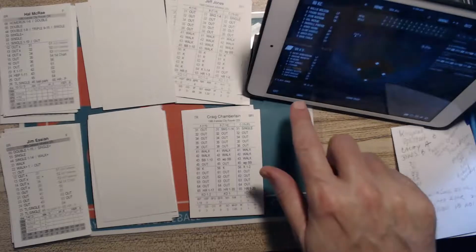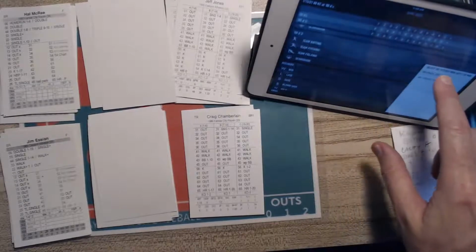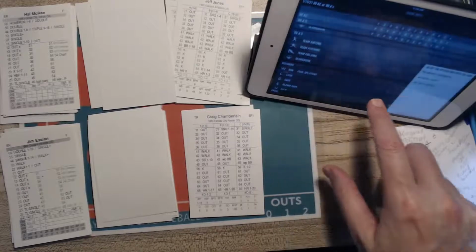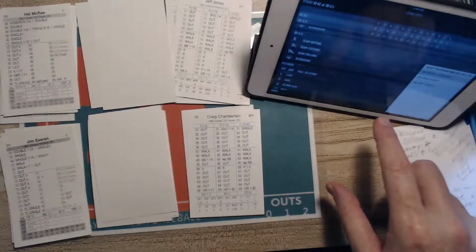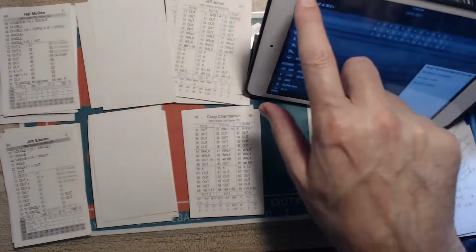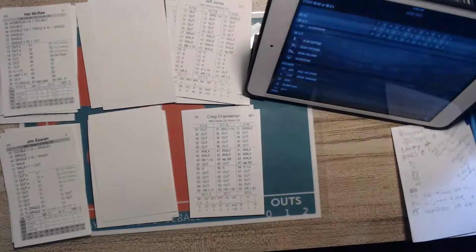So the A's lose it by a score of 6-2. The loss is going to go to Kingman. Splittorff is going to get the victory. And I give you the line score. All right, and the line score. For the Kansas City Royals, 6 runs, 12 hits, no errors, 7 left on base. For the A's, 2 runs, 5 hits, no errors, and 3 left on base.